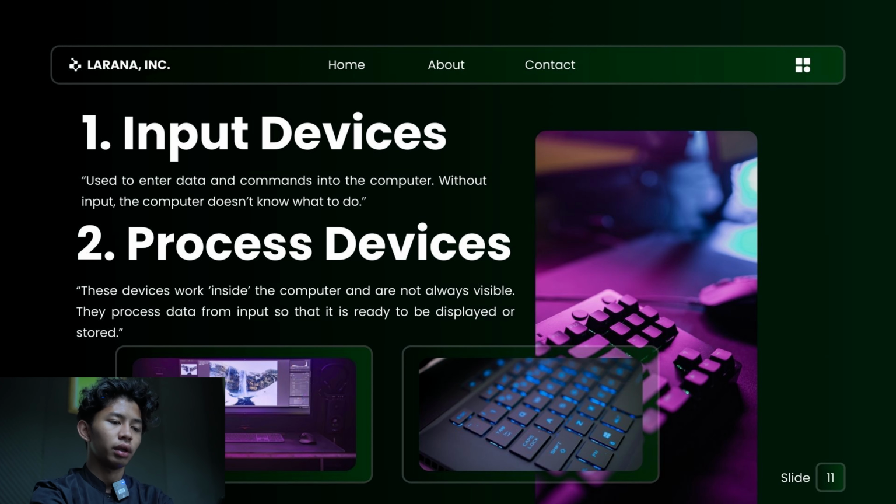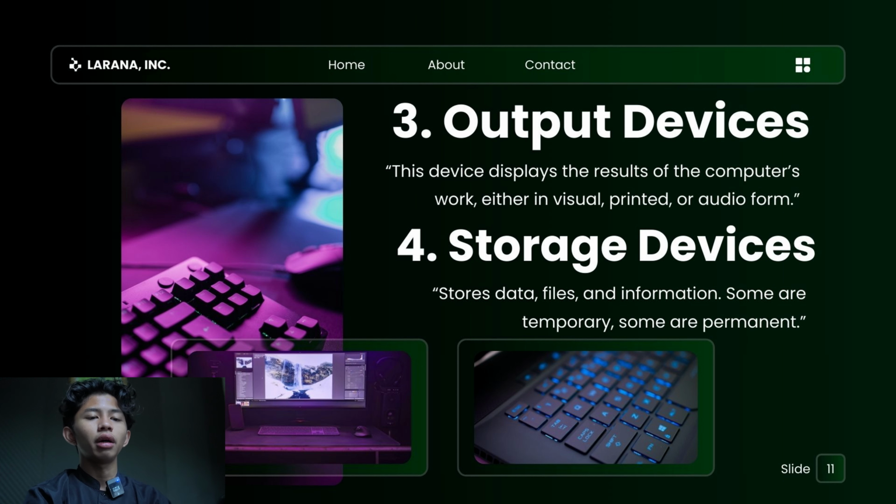This device works inside the computer and is not always visible. It processes data from input so that it is ready to be displayed or stored. Function 3, output device. This device displays the result of the computer's work in visual, printed, or audio form.